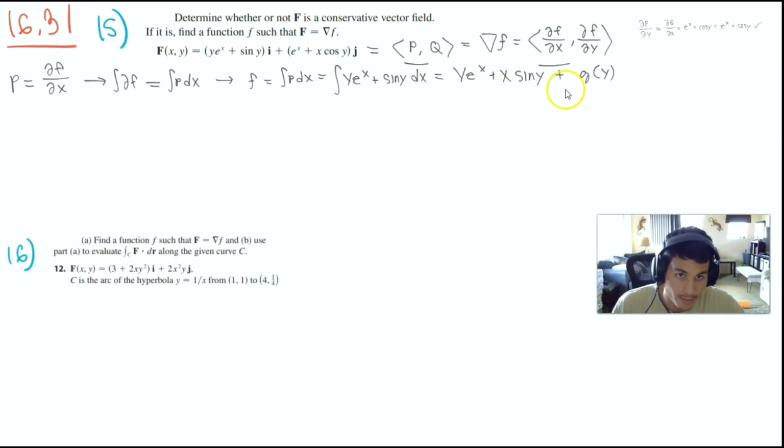So this is what f is equal to: y e to x plus x sine y plus g of y. Okay, so if we found f, but we don't know what g of y is, maybe if we differentiate this little f